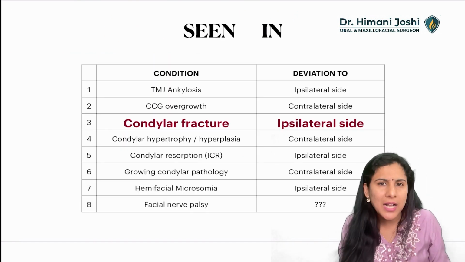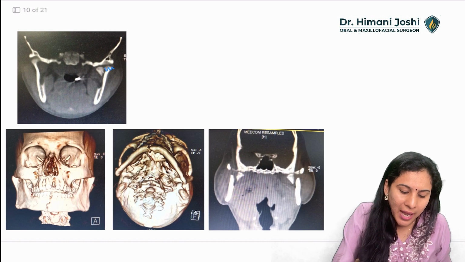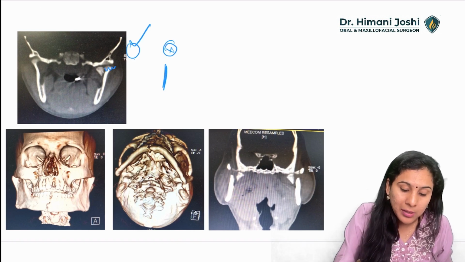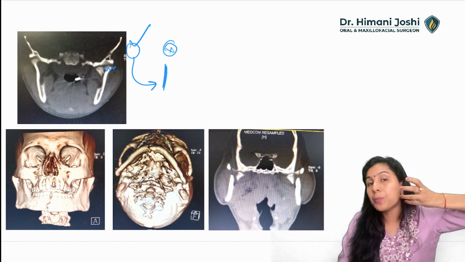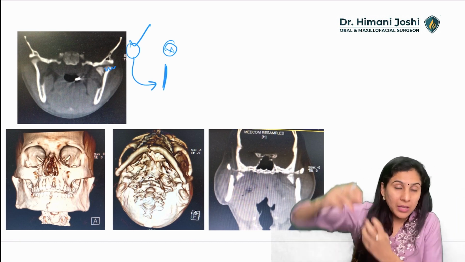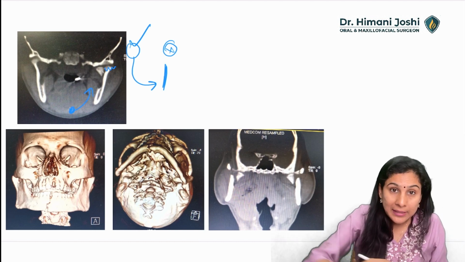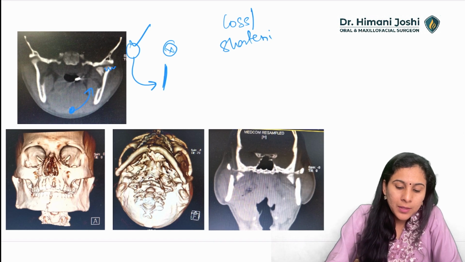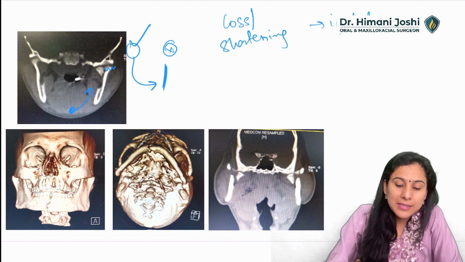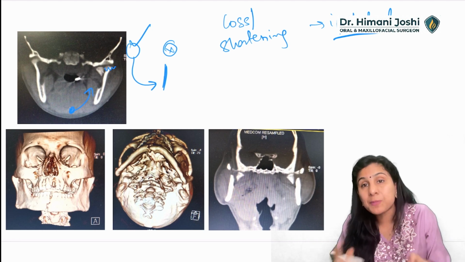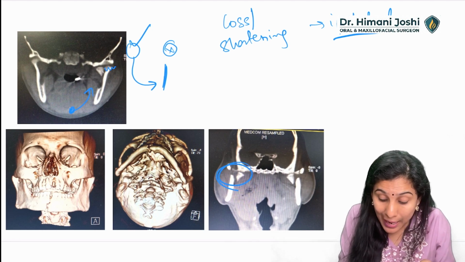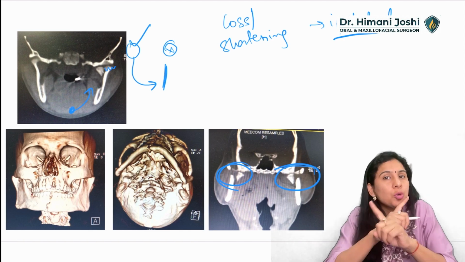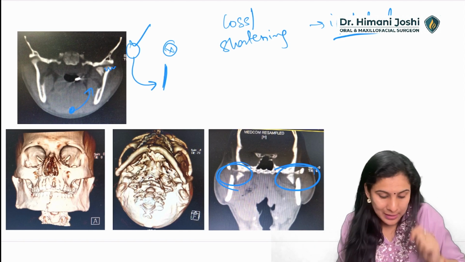Next we have condylar fractures. Very straightforward. Whenever there is a fracture, the ramus becomes short, that joint becomes dysfunctional, other joint is normal, other joint is working, the other joint will open the mouth and it will cause deviation of the chin towards the affected side, because here there is loss. Whenever there is a loss or whenever there is a shortening, there will be ipsilateral deviation because that side is not moving. Again, whenever there is a bilateral case, that is both sides condylar fractured, both sides are not working. So no deviation of chin in bilateral cases.